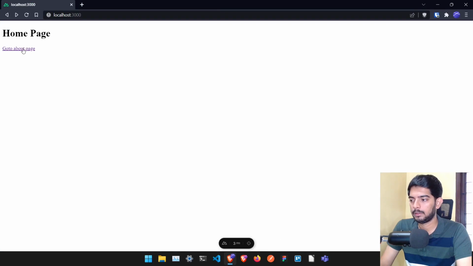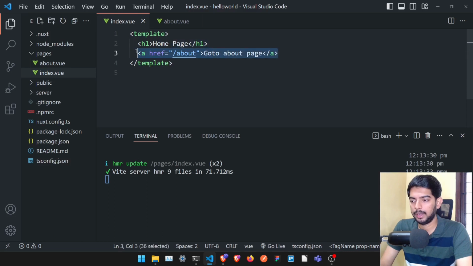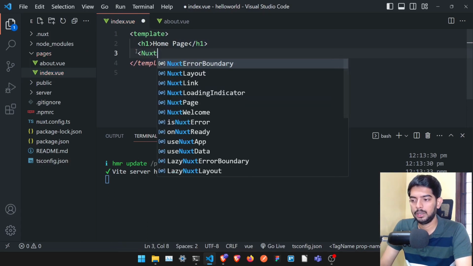If I do something like this, you can see this entire page got refreshed when I went to this particular page. Just look at this icon here, the entire page got refreshed. When the page is this small, just having one h1 tag with the about page, you might not feel that much difference. But if this was an entire big page with all the navigation and images, everything would have been refreshed and reloaded just to change from home page to about page. So instead of that, I'll erase the entire thing and type something like NuxtLink,